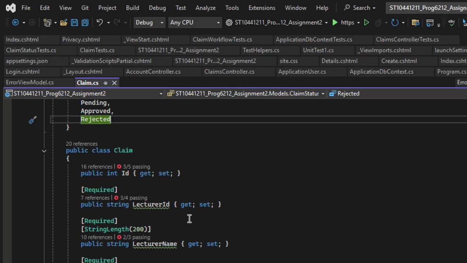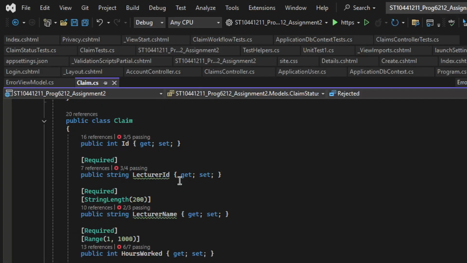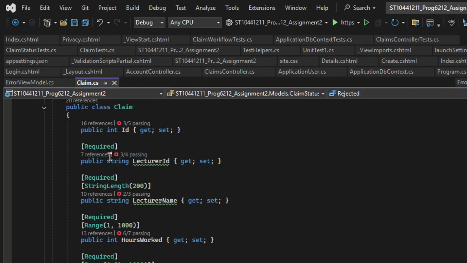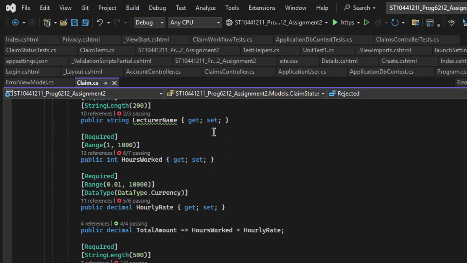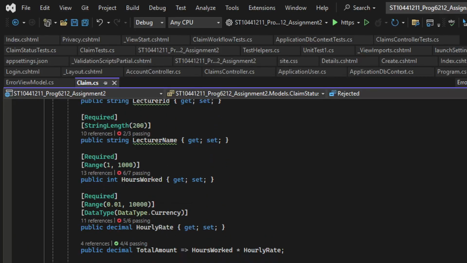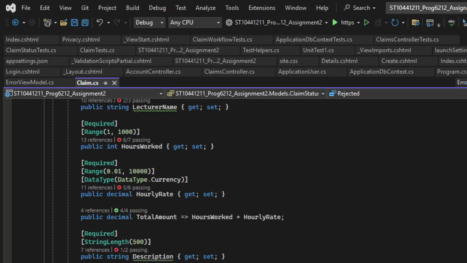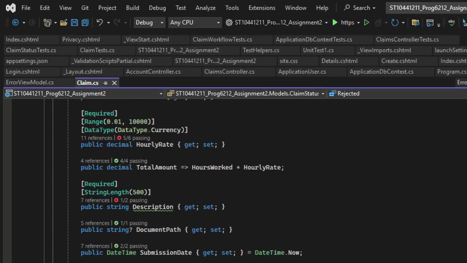You can find the ID, which is an integer string lecture ID as well. This is different because this will be the claim ID, and then it'll attach the lecture ID to it. These are the required fields, and I did not make the file upload